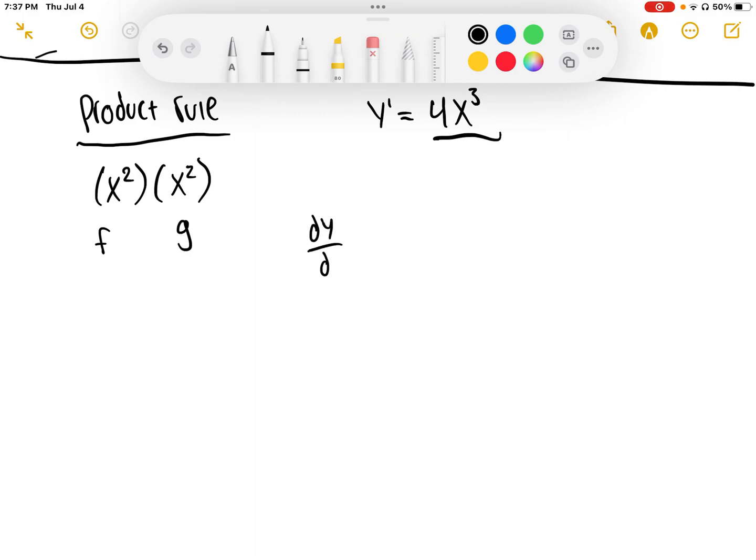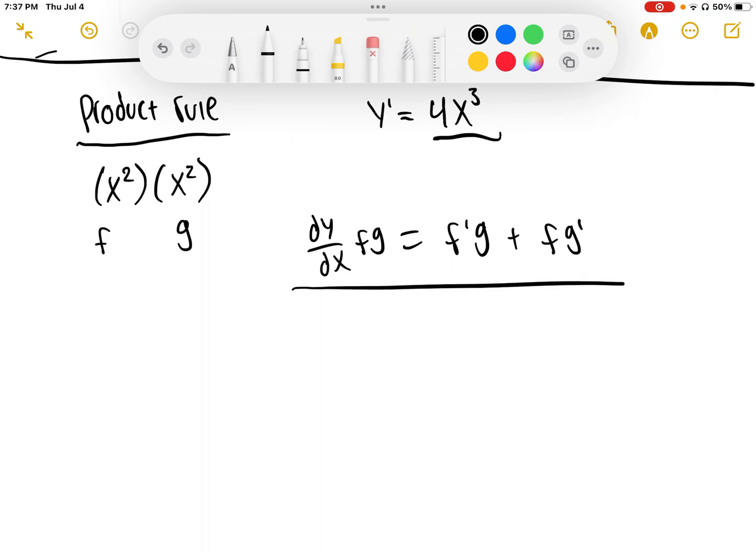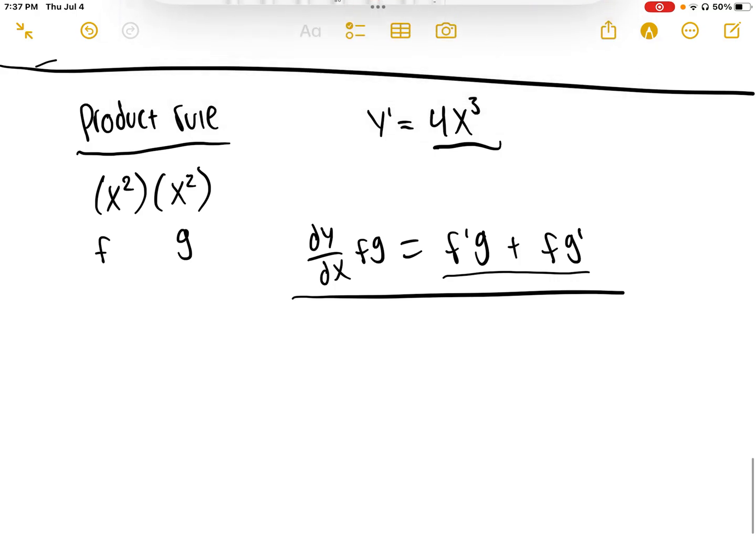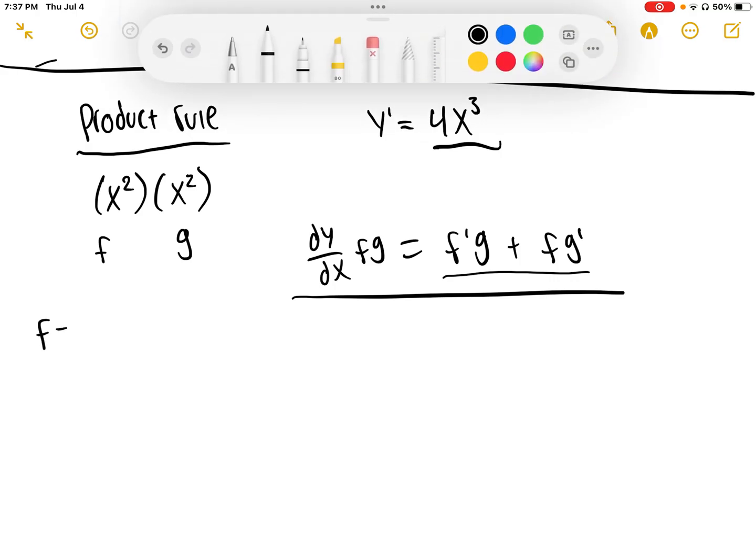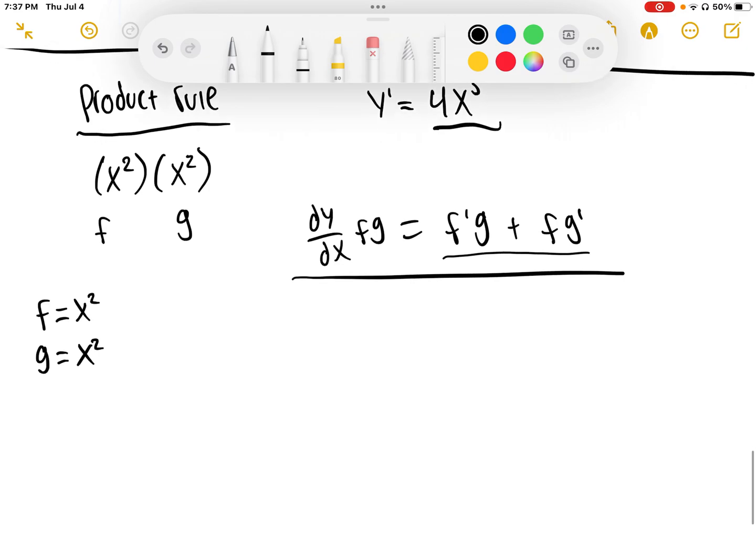And so the product rule says that the derivative of the product of f of g, so dy dx of fg equals f prime times g plus fg prime. So this is our new formula we have here. And if we use that for this, where we have f equals x squared, g equals x squared, and we plug it into this new formula over here, the product rule, we're going to have f prime,